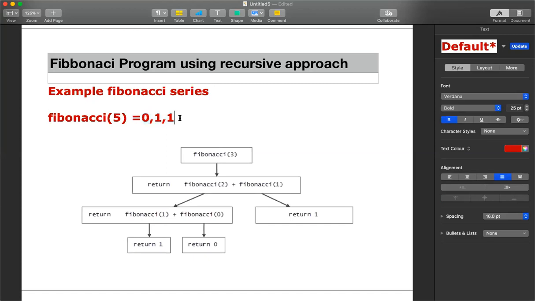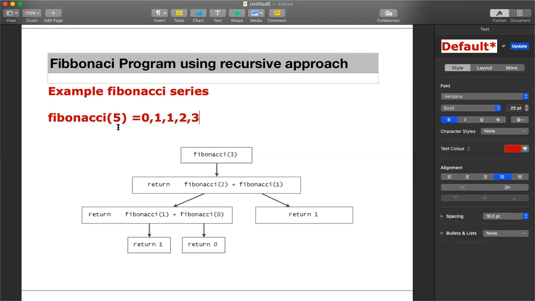Now we need to generate the fourth number. It is the sum of the previous two numbers, 1 and 1. 1 plus 1 is 2. And now we need to generate the fifth number. It is the sum of the previous two numbers, 2 plus 1, that is 3. So this is how the Fibonacci series gets generated.